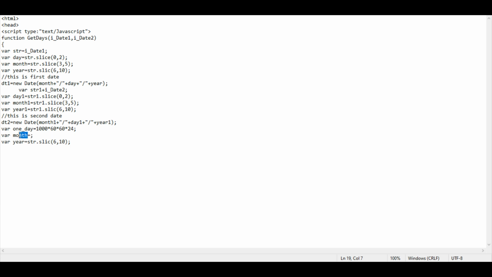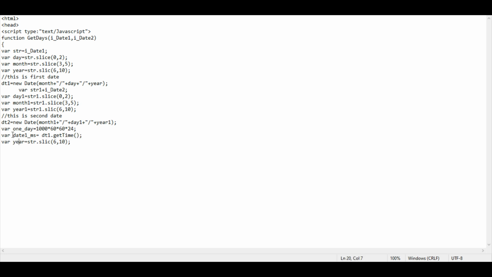And even here, date 1 underscore ms equals to dt1 dot getTime close brackets.